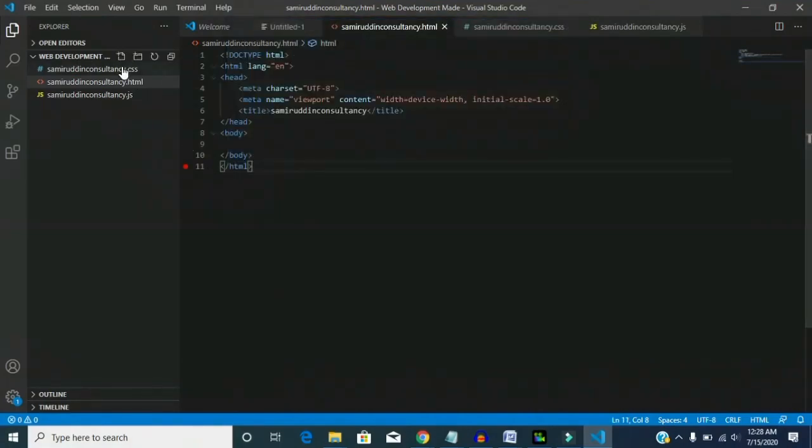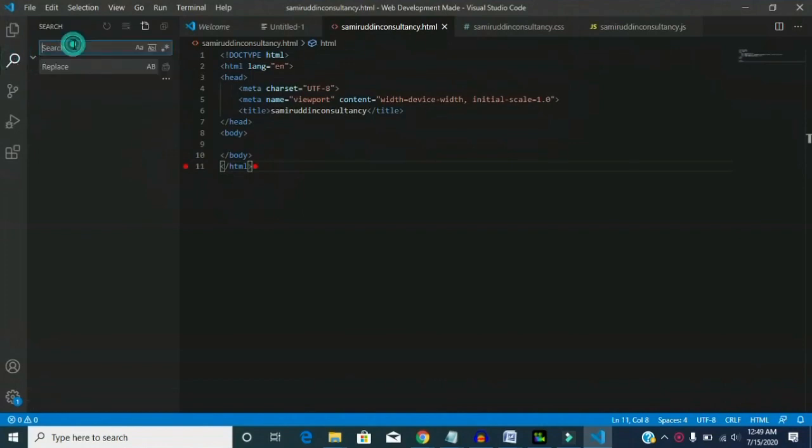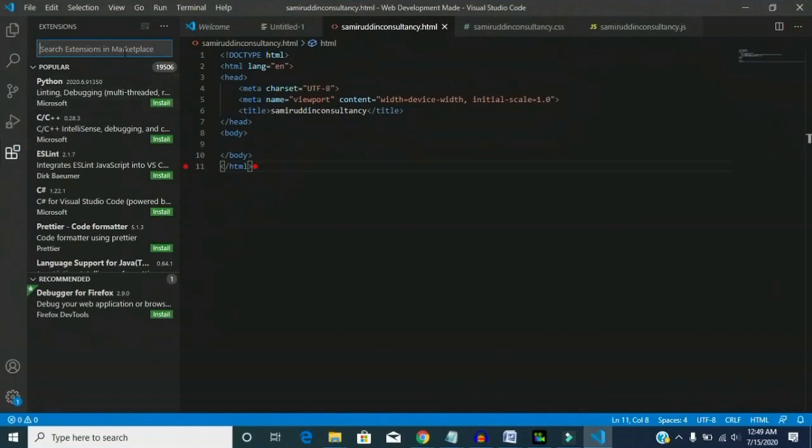Here is your open folder and here is your created file. If you want to create a folder, click here, and if you want to create a file, then click here. This is the refresh button. You can also search here, and here you can see a Git option is available. There is a very important thing here because you will find all kinds of extensions that will make your coding easier. You can understand it like the Android Play Store.